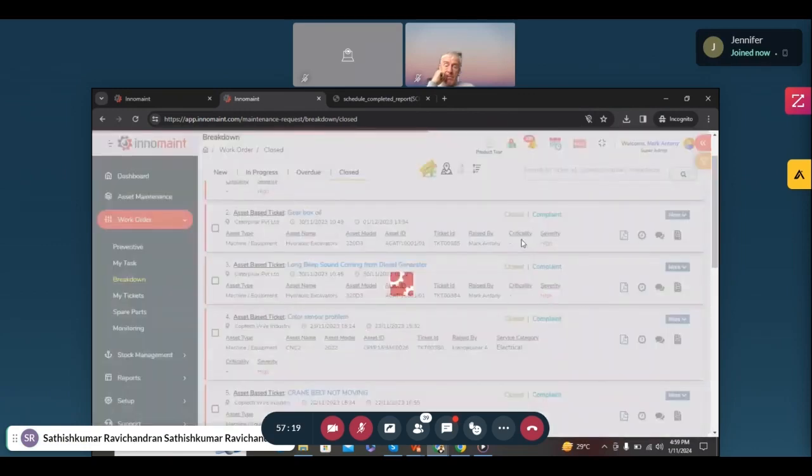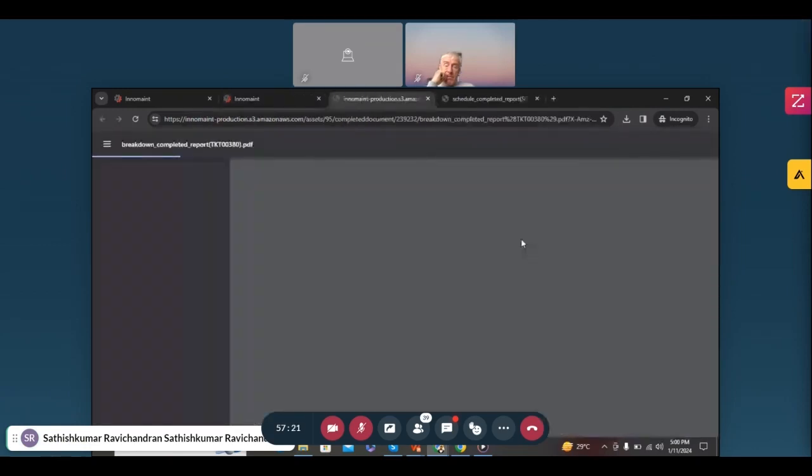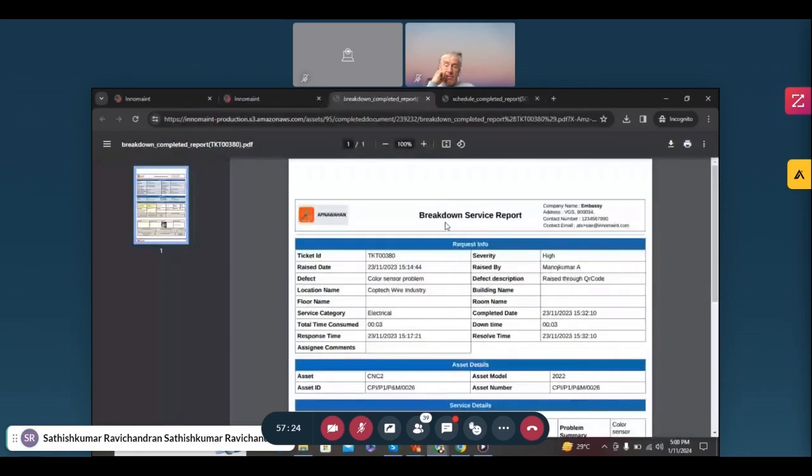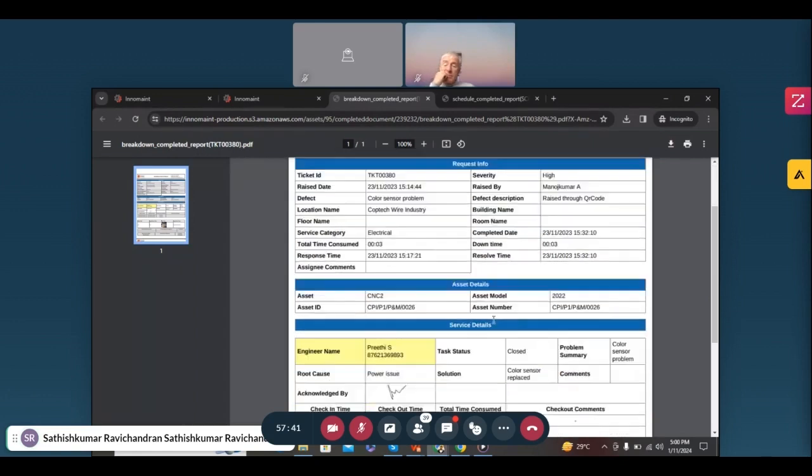So the same, the logo and addresses will be replaced. And here we can find the complete ticket history, like what is the ticket ID, when it was raised, who raised the complaint, the defect, in which location the complaint has been recorded, the service category, when it was raised, when it was completed, and when it was resolved, the total time taken, the total machine downtime, for which